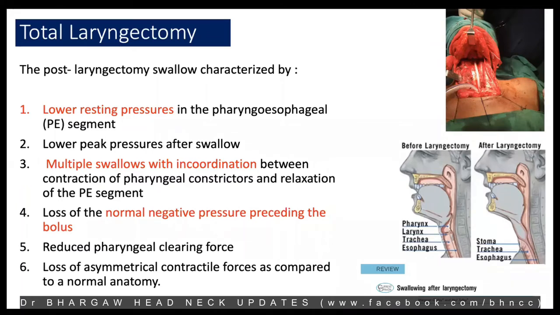The other problem is when the patient has a speech valve or speaking valve. If the healing is not good around that area, they would have a leak around the valve or sometimes through the valve, causing some amount of dysphagia and aspiration, and then they end up getting the tube back in again.